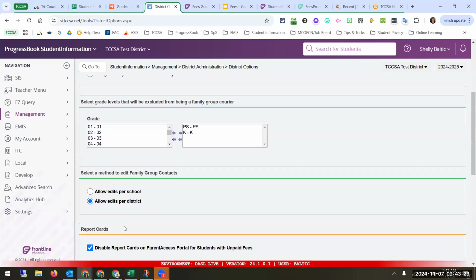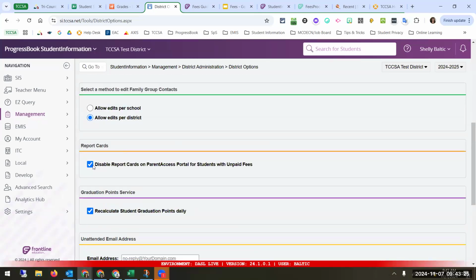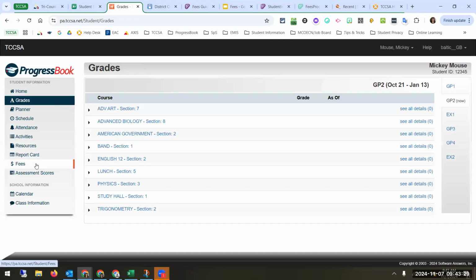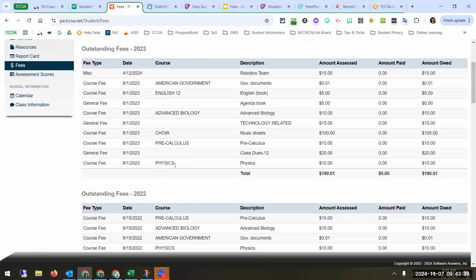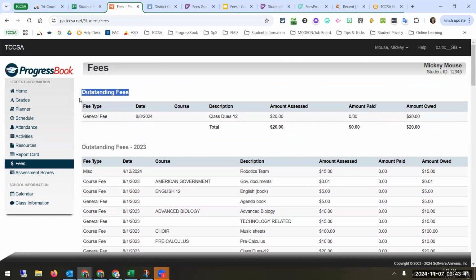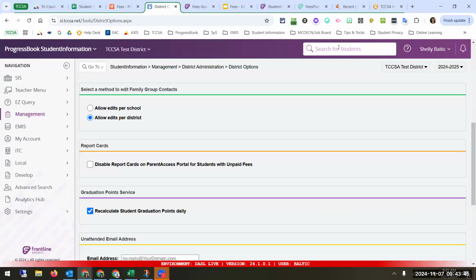So the second thing, I'm going to turn that back off and that will repopulate when I refresh my screen. The second thing are the fees. So parents, like I said, the primary contact, the parent can see the fees and or previous years. You can tell this is our demo student, so he's got a lot of fees. Only that primary contact. So if I have Mickey Mouse in context,